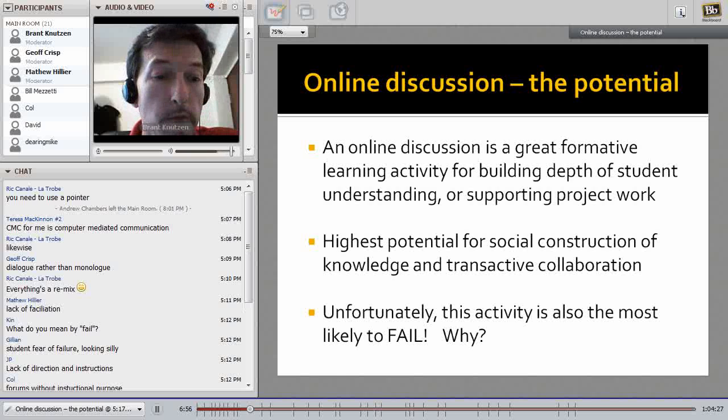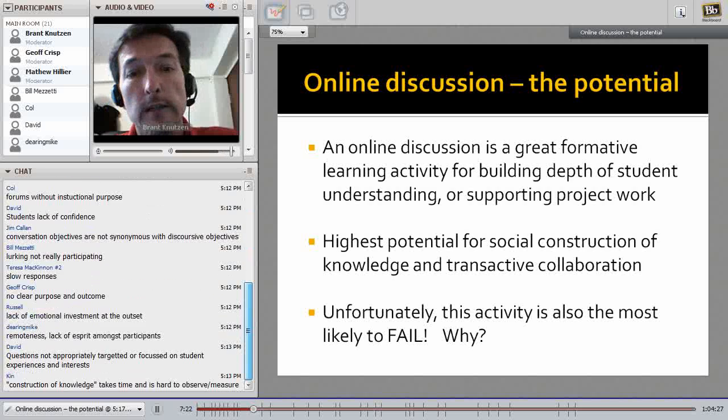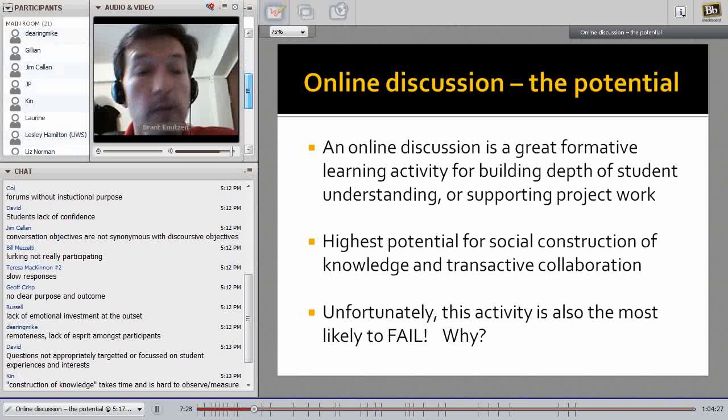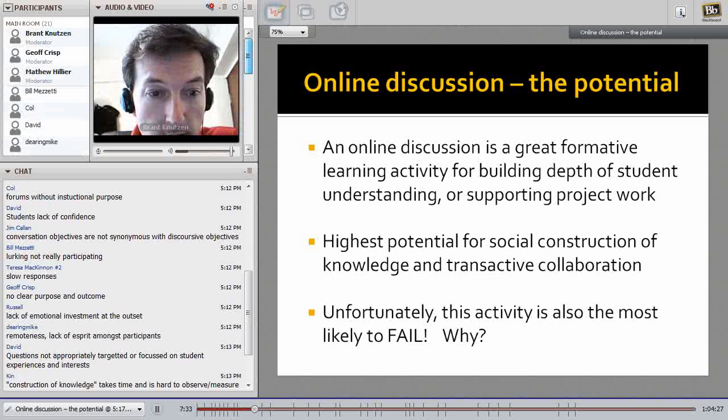Lack of emotional investment at the onset. Good, Russell, I agree with you there. You'll see that in my methodology, it's key that you get the students engaged and invested at the very onset. Remoteness, lack of esprit among the participants. Certainly, if they don't feel a sense of an active learning community, then it won't go anywhere. And one way you can build that is to have a face-to-face component. If it's purely distance, I try to facilitate that using something like Illuminate, which is now Blackboard Collaborate, or Adobe Connect, or even